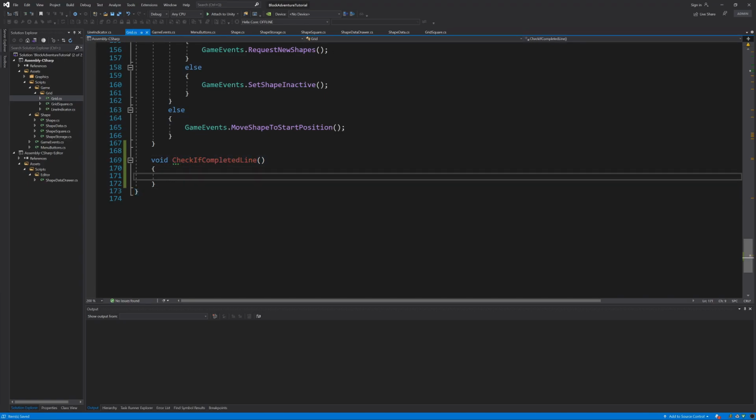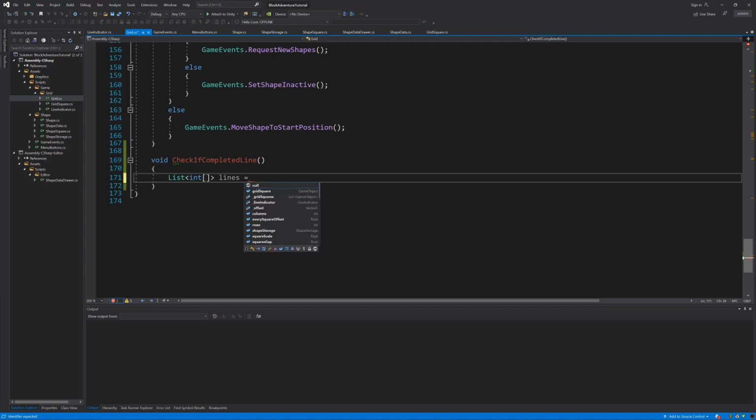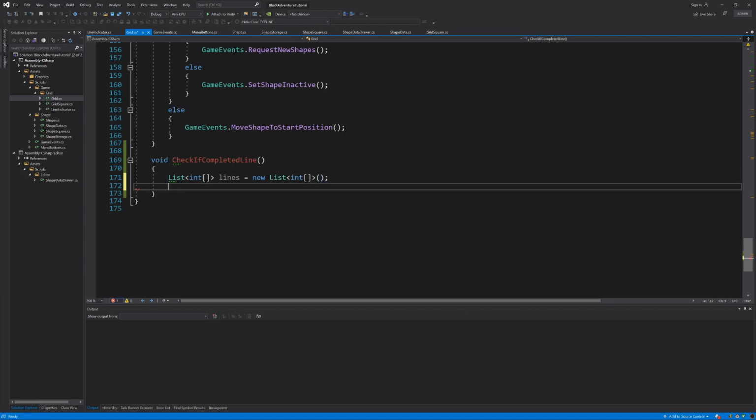Inside this function we're gonna check if after placing the shape we have completed any of the horizontal or the vertical line. So first of all, we need to grab the line data. So I will create the list, a list of the integer array, because we wanna grab the list of the lines, and then I will call it lines, will be equal to new list of integers. And then first of all we want to loop through all of the horizontal lines,